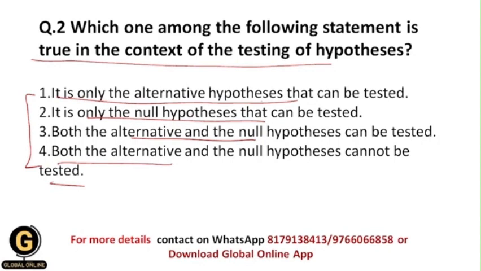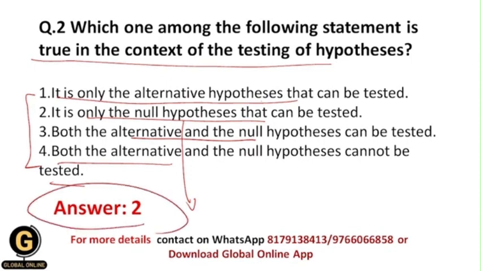test the null hypothesis. Okay, because the meaning of null hypothesis is that we basically state that there is no relationship between the variables under study, and that's why we test only the null hypothesis. And whenever we get the results, if we should accept the null hypothesis, then in that situation we accept it. And whenever we reject the null hypothesis, then in that situation we automatically accept the alternative hypothesis. Okay, and that's why your correct answer should be 2, that is, it is only the null hypothesis that can